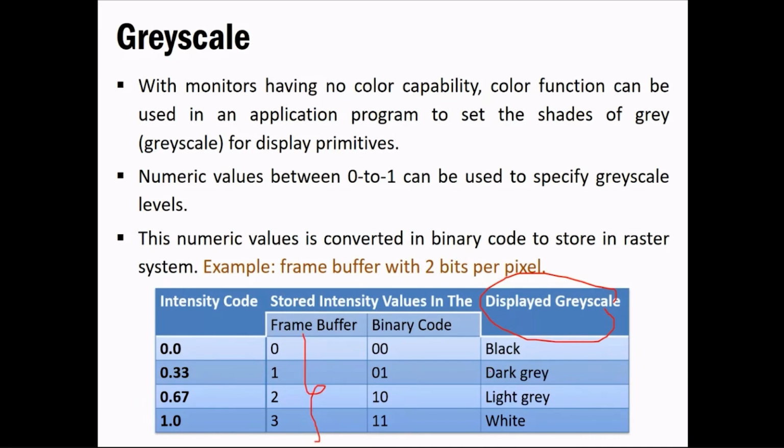If it is 0, then it will go with the binary code of that, and in turn check the intensity code, which says we want to display black color. Similarly, the value 1 is mapped to this particular entry, its binary is stored over here, and that represents the dark gray color. Similarly, over here 2 is there, so the binary code is stored, and in turn its intensity value. This is how it will store this information. We have only 4 different intensities from black to white, so for a grayscale image you'll have limited levels. That is how it works.